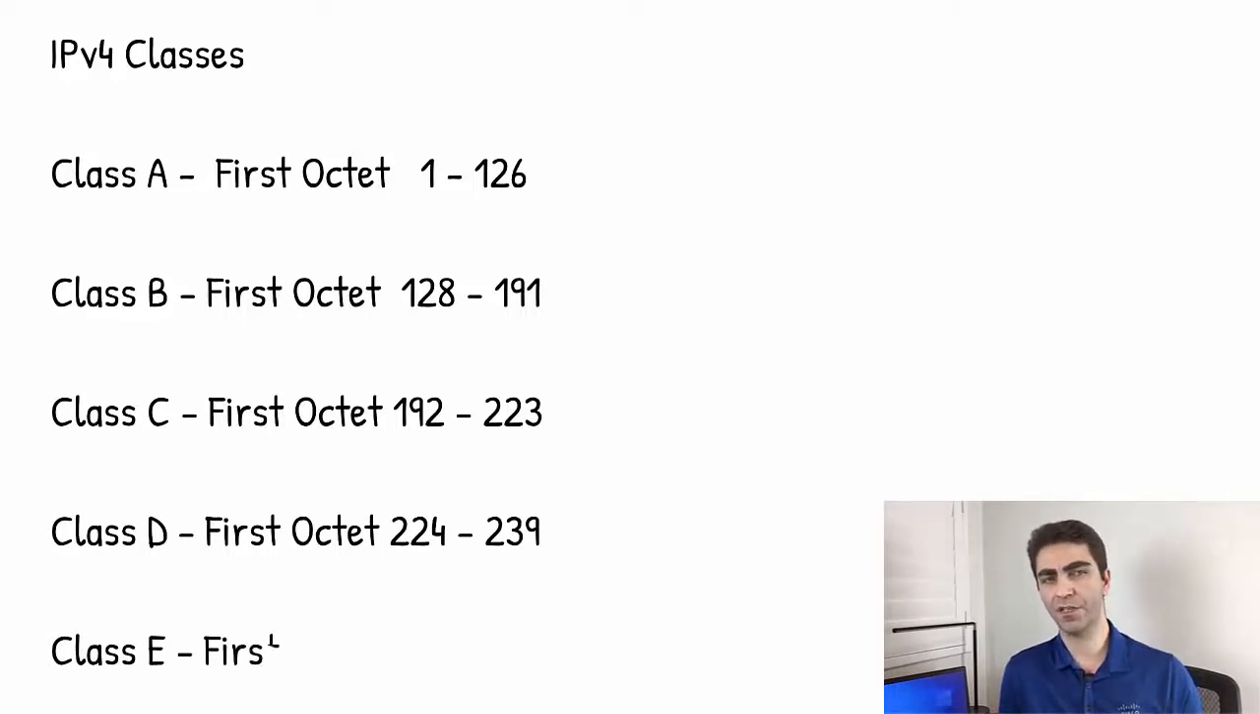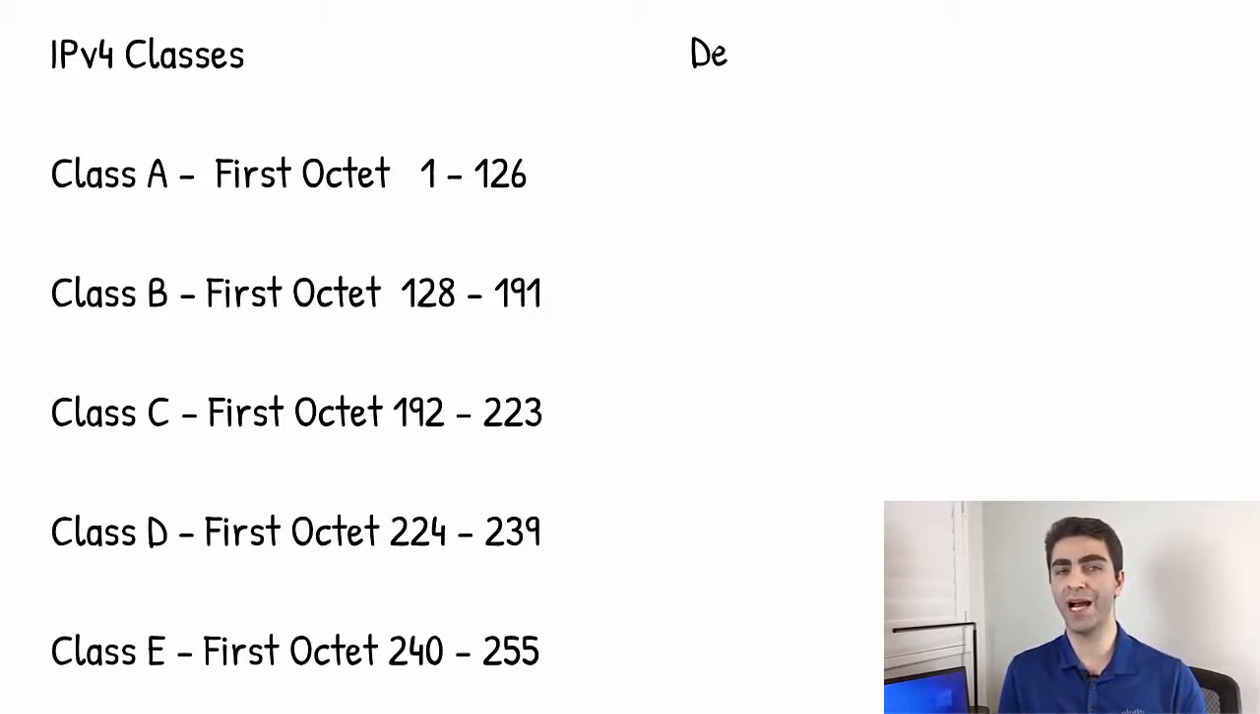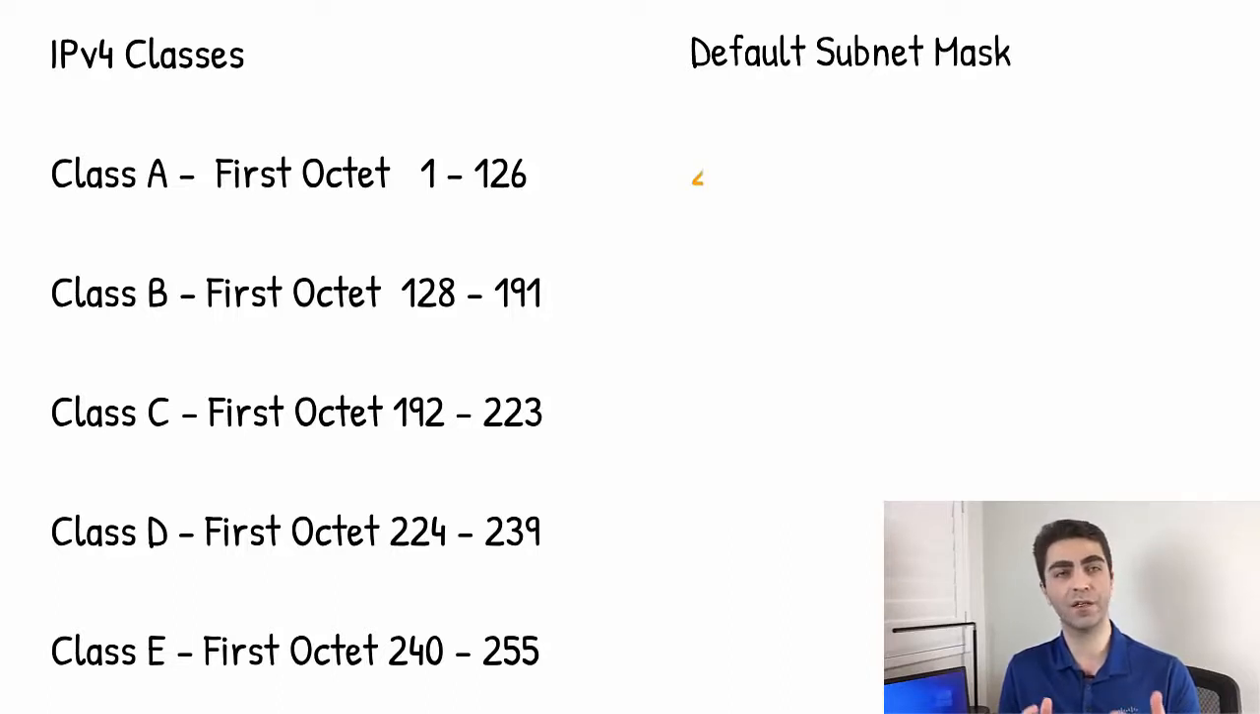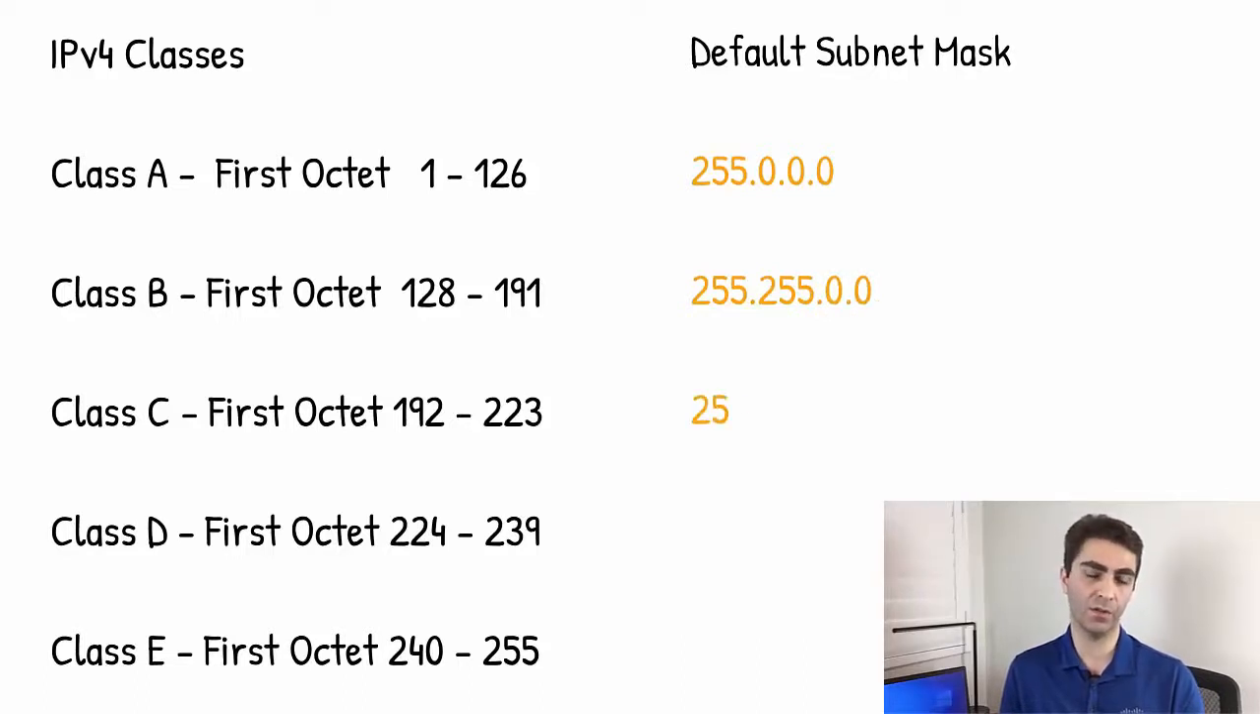Each of these classes, I mean A, B, and C, has got their own default subnet mask. For class A, the default subnet mask is 255.0.0.0. For class B, it is 255.255.0.0, and for class C, it is 255.255.255.0. For classes D and E, we don't have subnet masks, or it's not applicable for these ranges, because basically